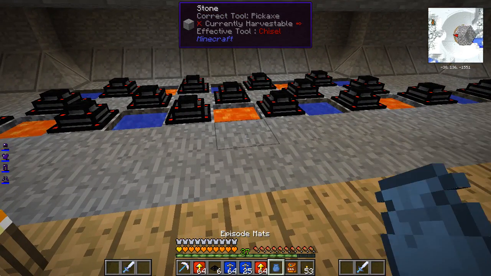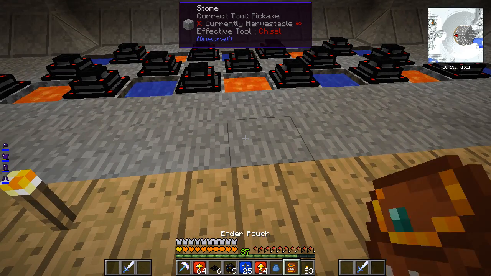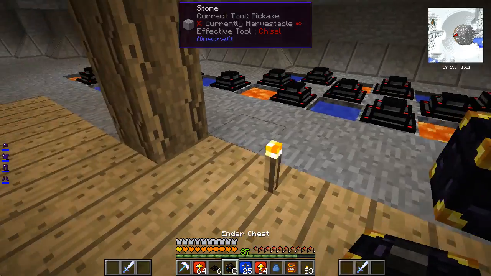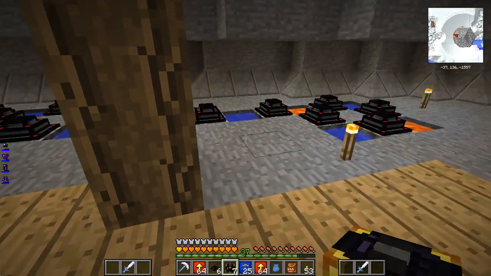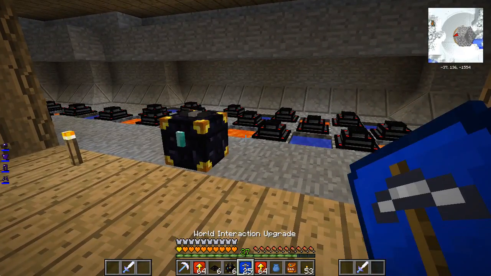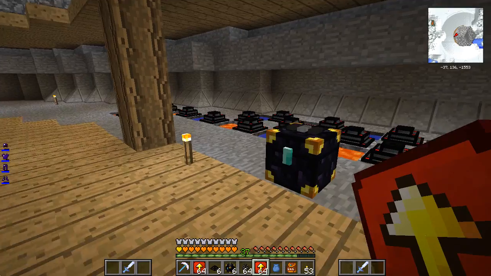So anyway, let's see. If I set these up, and do I have ender chests? I'm going to take from here, and I'll just use, let's see, three ender chests, I think, should work in order to do this. That's mainly just so it doesn't get bottlenecked anywhere. So let's see. If I take the pipe,